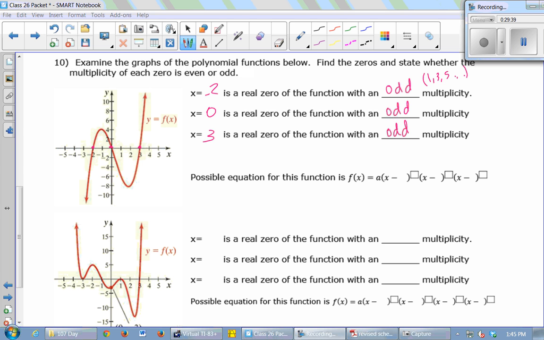But I can't be more specific from looking at a graph. If I had an equation, I could tell you the exact multiplicity, but I don't. I just have the graph. So a possible equation for this function,